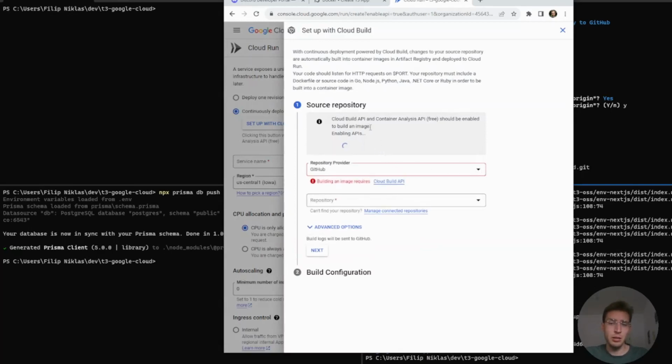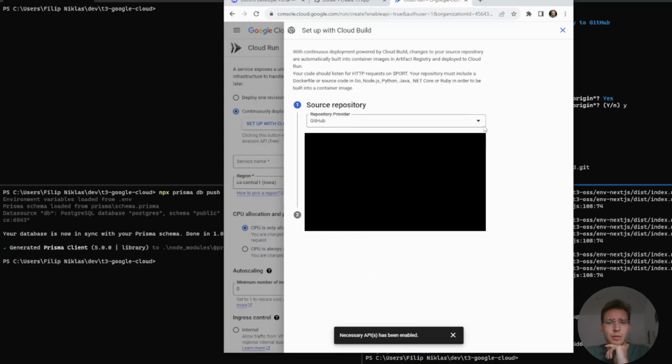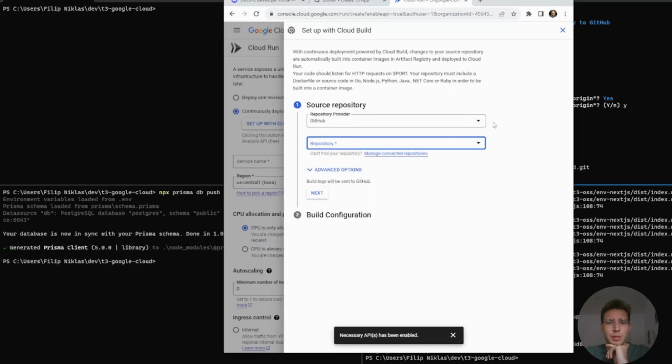And once again, it's going to enable a bunch of APIs. So, see there's some repositories,